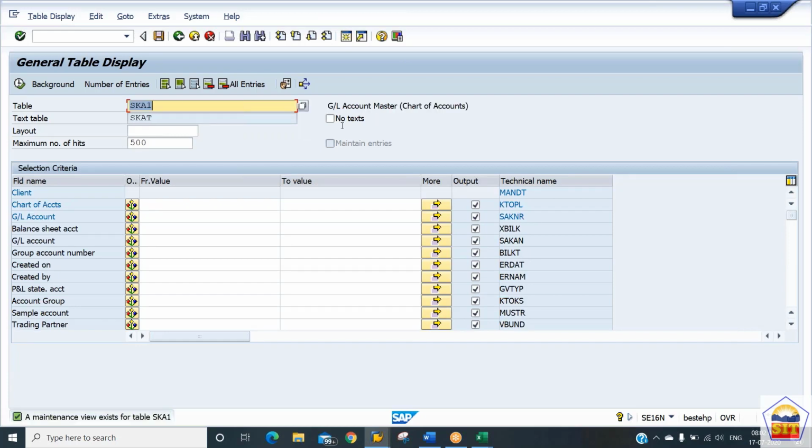SKA1. So you can see here we have the GL account, and this table is going to give you the information at the chart of account level. Then we can go for SKB1. This information you will have at the company code level. So first we'll search for SKA1. Let's find out what type of information we have. My chart of account is CA86,